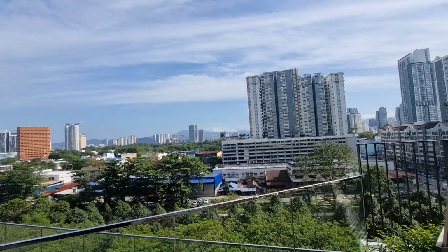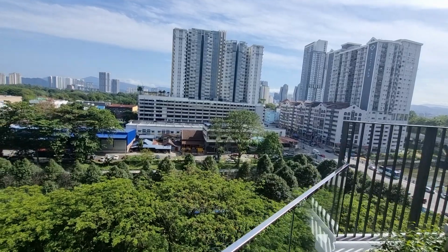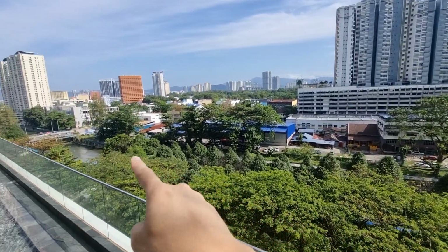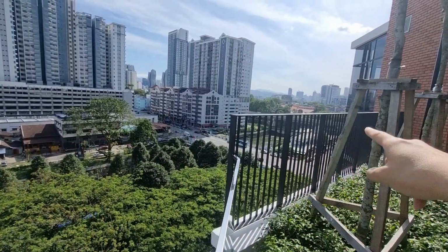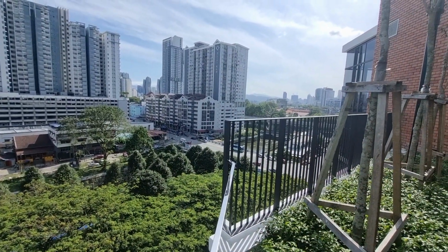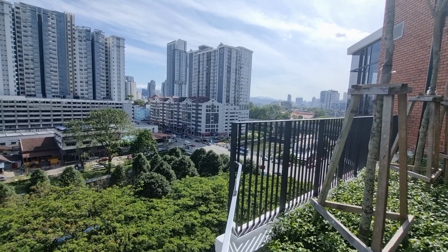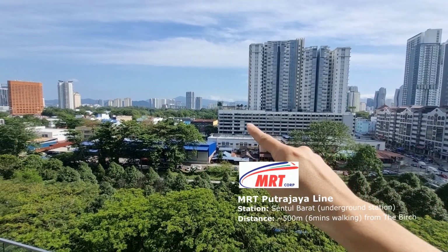So this whole area is a very old area, right? Just looking at the surroundings, you can tell. This is actually Sungai Batu, and Sungai Batu will lead all the way down to Masjid Jamek, where it becomes the river of life, essentially the Klang River. Yeah. And actually, if you look close enough, you can actually see